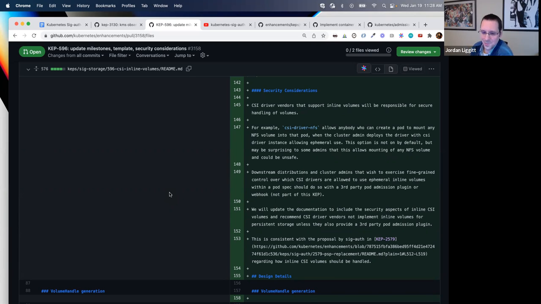It seems like this is wanting two separate things. It's wanting to give someone inside a namespace access to something which they should have to create a PV to access. They're wanting control over cluster level storage configuration from within a pod, and that doesn't seem to match anything else we do.